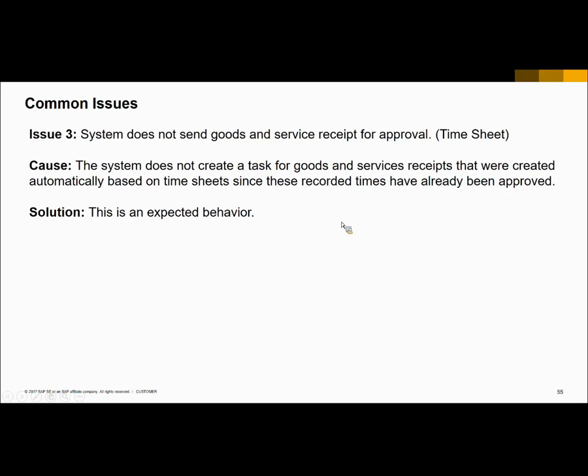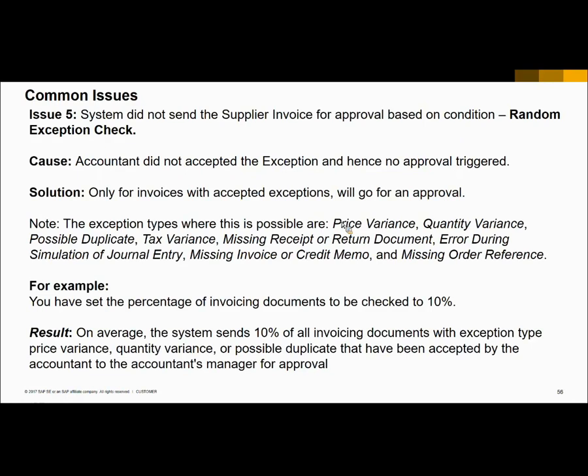And we have another common issue: the system did not send the supplier invoice for approval. Assume that you have one condition, random exception check. Basically, the system has created an exception like price variance exception or possible duplicate exception. What the accountant did was not accept the exceptions. In such cases, the system will not trigger an approval process. Especially for this condition, random exception check, the accountant has to accept the exception, and then the system will trigger